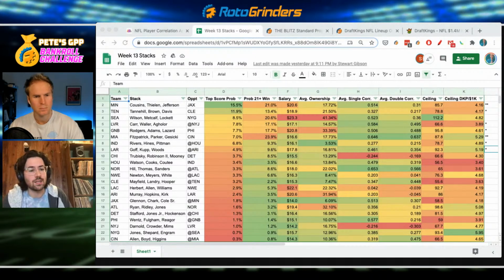You don't really need 99% or 100% of the optimal. Someone might throw in an uncorrelated lineup and just hit the nuts, but it's pretty unlikely. What's more likely is that the winning lineup is 95% or 93% or 97% of the combined optimal. And when you acknowledge that you don't need to get to 100%, you just need to get to 95% of the optimal combination of players, now all of a sudden you're less concerned about losing that upper 5%. And I'm really focused on what's going to give me the highest chance of getting to 95% of the